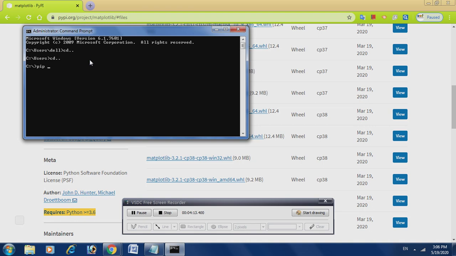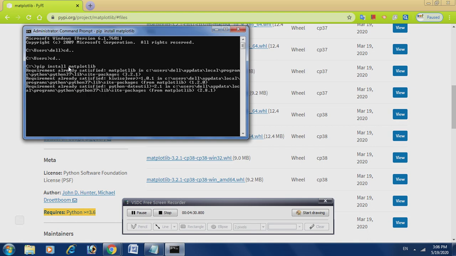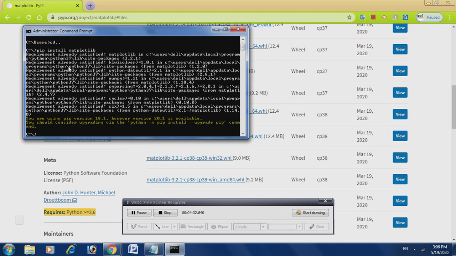Then go for the command prompt and type the command pip install matplotlib. As you press enter, it will take 2-3 minutes for installation. Because it has been already installed in my system, it is quickly showing the message. Otherwise it will take 2-3 minutes and will show the complete installation process.